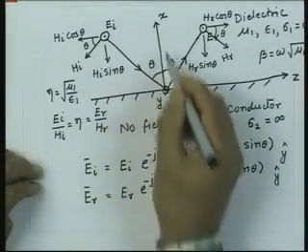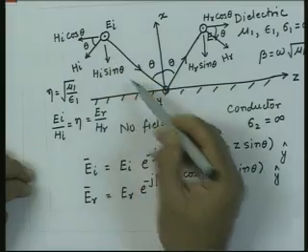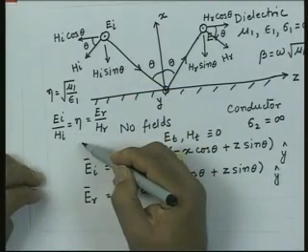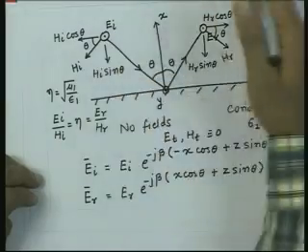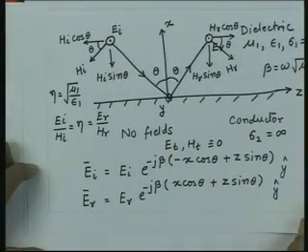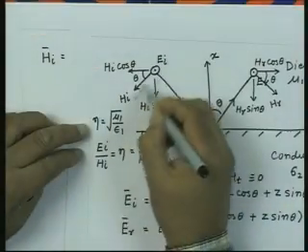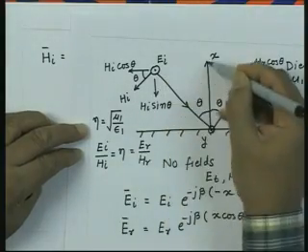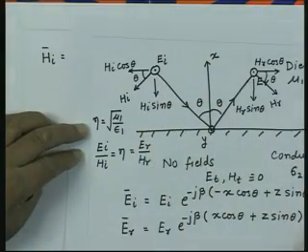So, in medium 1, the ratio of electric and magnetic field for the incident wave is the same as the intrinsic impedance, and the same is true for the reflected wave, because both of them are plane waves in medium 1. Once I get this, I can write down the vector magnetic field, and that will have two components. One is the component along the x direction, which will be minus H_I sin theta.